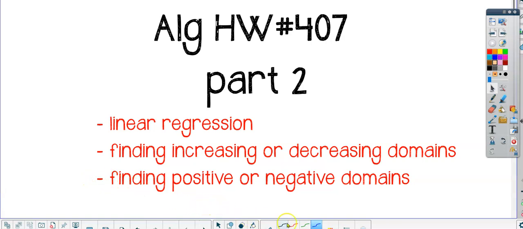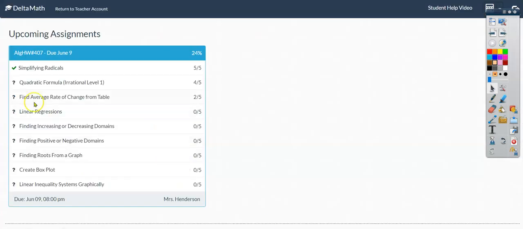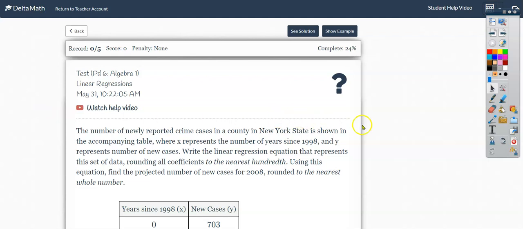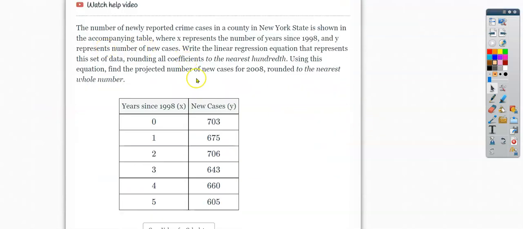Homework 407, Part 2. Let's take a look at the first topic of linear regressions. There's a story that goes with this problem, but essentially the question is just asking you to write the linear regression equation. That's a y equals mx plus b sentence, and they're specifically stating that that sentence should have values rounded to the nearest hundredth. Once you create that equation, you're then going to find a new value using that prediction line to the nearest